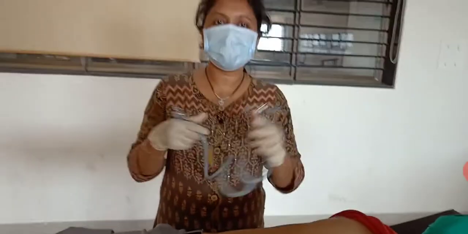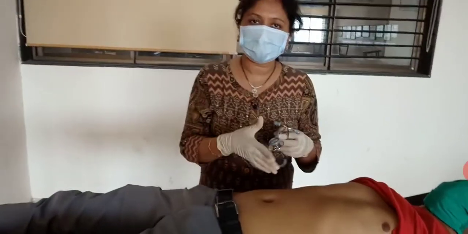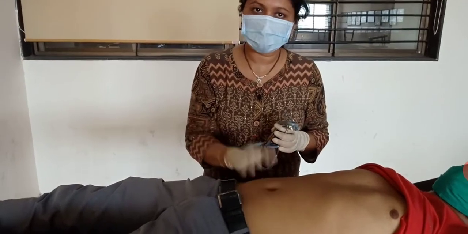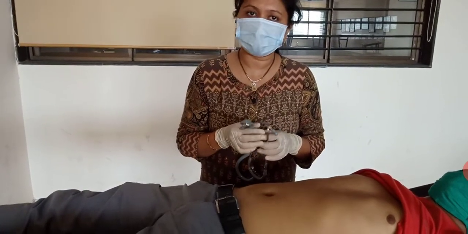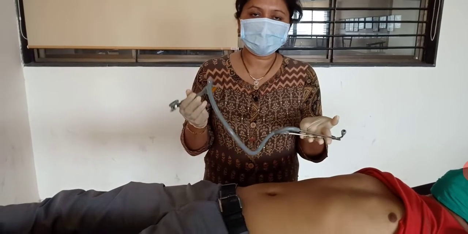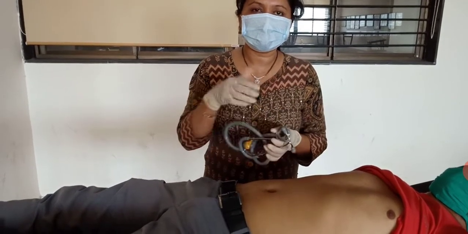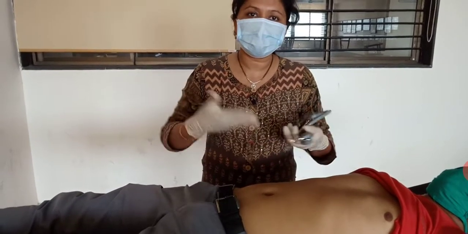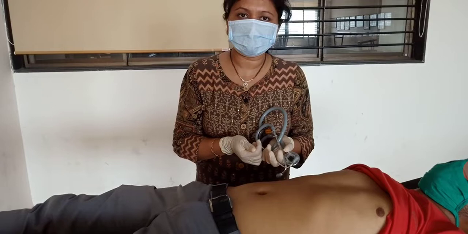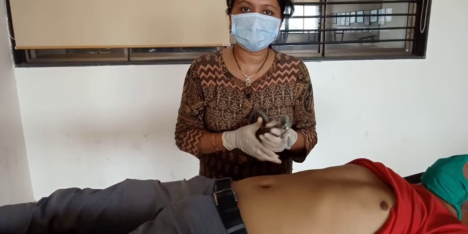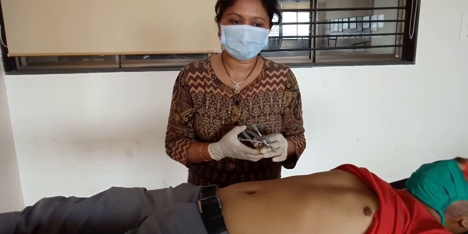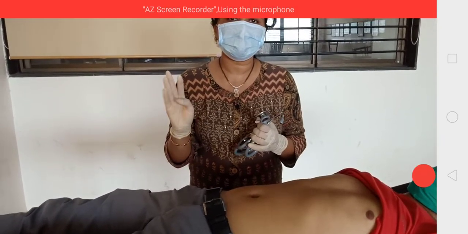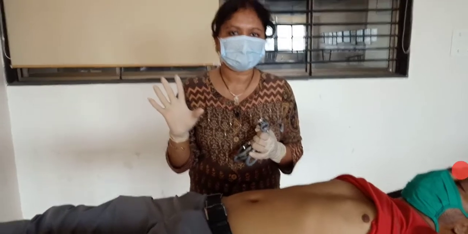According to the timing of the meal, you may hear the peristaltic sound, and if intestinal obstruction is there, the intensity of sound will be more. Whenever you hear, you will learn how they actually sound. So just do it at home. You can hear your own peristaltic sound also. If you have a stethoscope, just listen all over for the peristaltic sound. Now abdominal examination is over: inspection, palpation, percussion and auscultation.